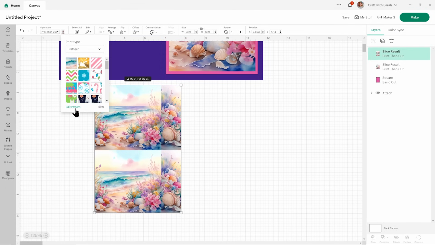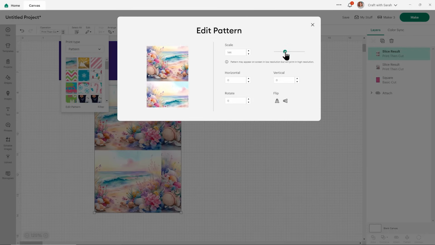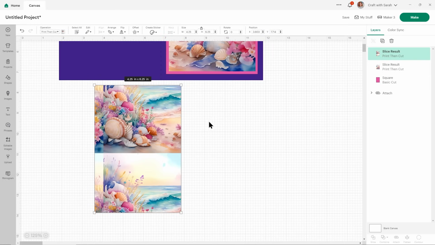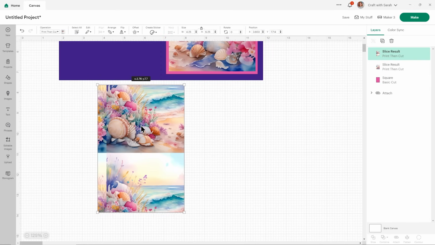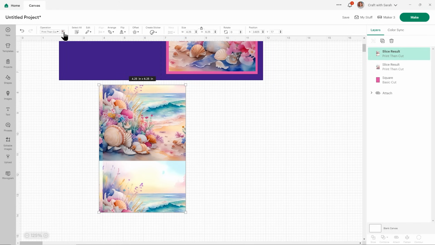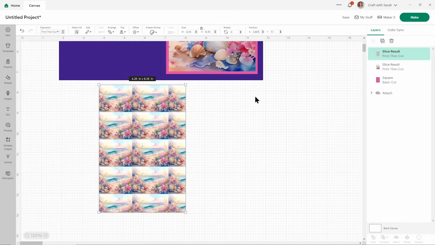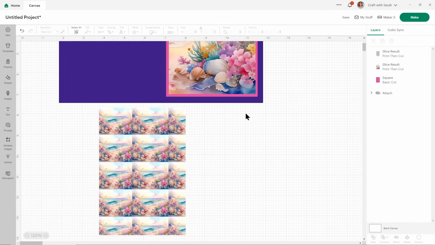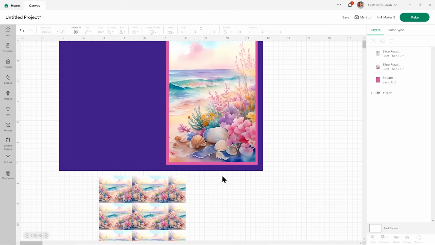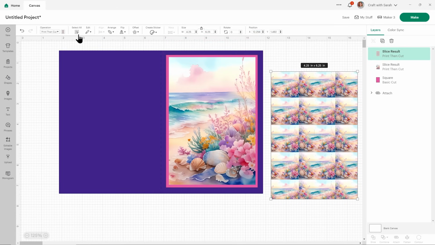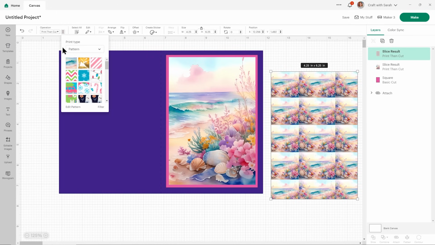And even if we edit this to zoom in a bit, it's still going to tile because my image is square, but I'm trying to put it in a rectangle. And likewise, if you make it smaller, it means you're just going to get more of them. And that's why, if it's a repeating pattern or a seamless pattern, using the pattern fill is definitely the better option. But if it's not a repeating image you're using, I think it's much better to upload it manually and then slice it into the shape that you want.